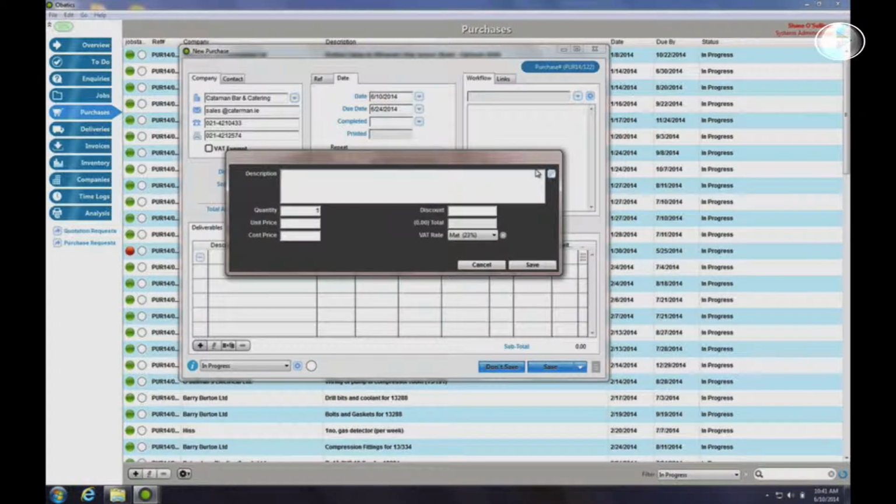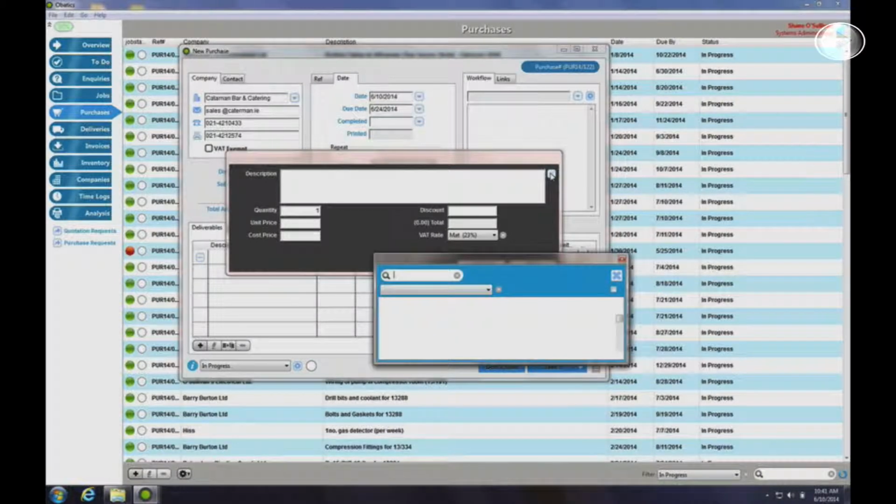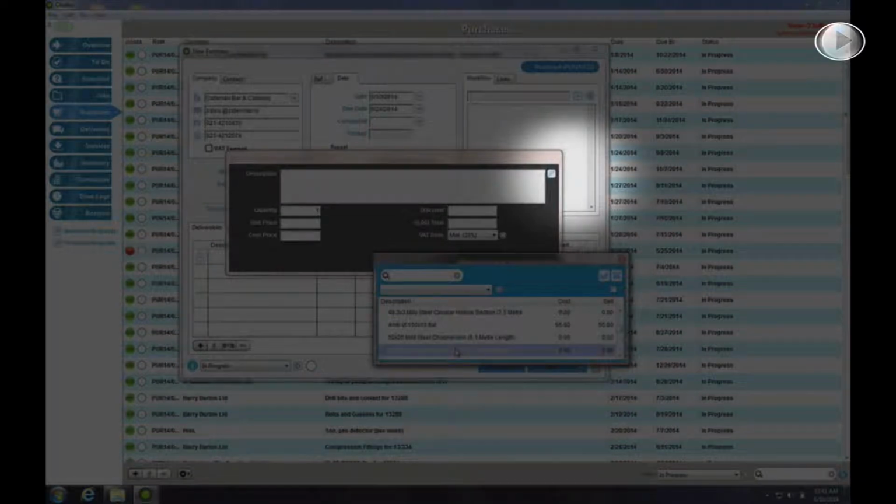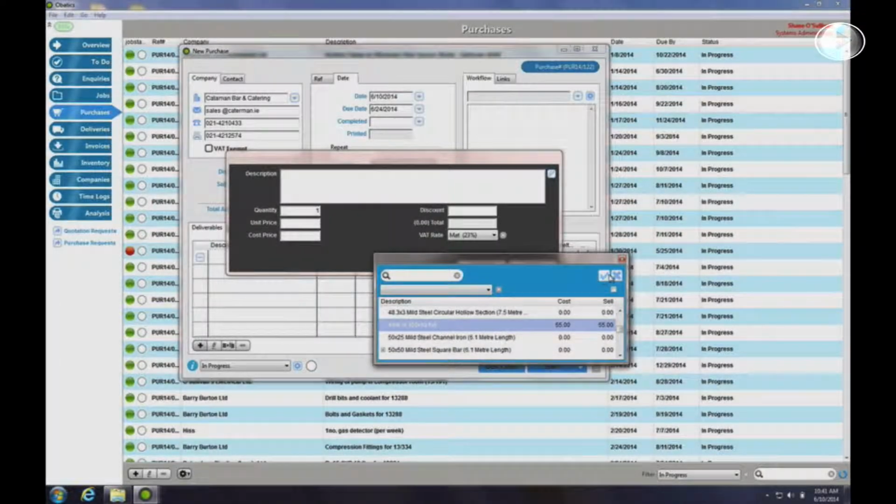On this window, you can manually enter the description and pricing info of your inventory item, or by clicking the blue link button, bring up this pop-up menu that will allow you to choose from saved stock items by the same method we used to choose the company earlier. If you choose the deliverable in this manner, Obatics will automatically fill in the price information that you have saved